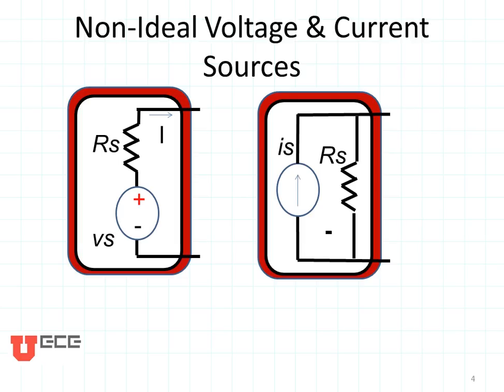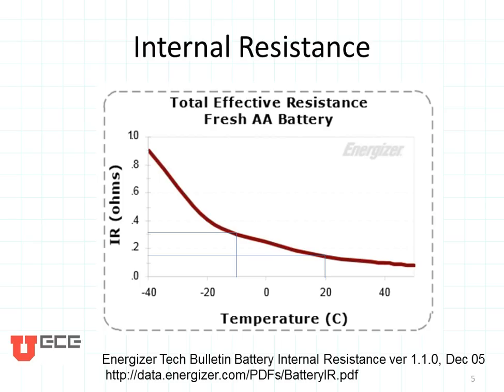You know that most of your sources are realistic because they heat up when you use them. Your power drill, for example, gets hot when you use it very long, and that's because of its internal resistance. Here's a graph of the internal resistance of a battery. Batteries get hot when we use them too. Certainly my laptop battery does.